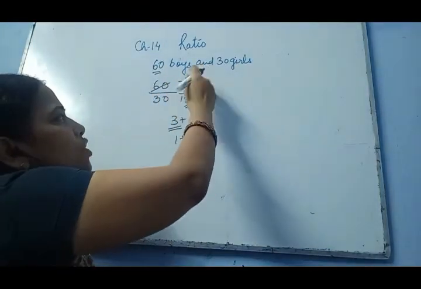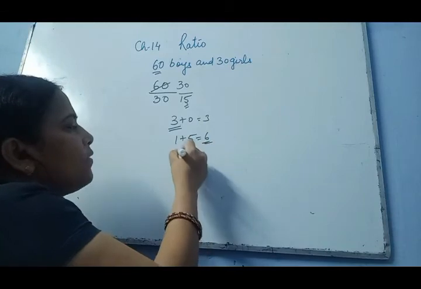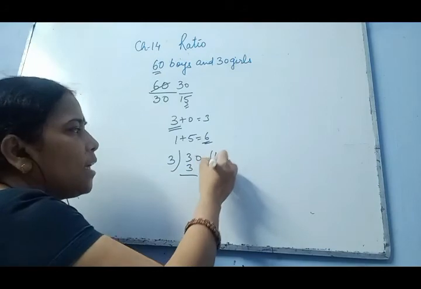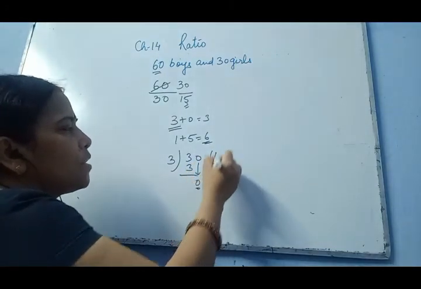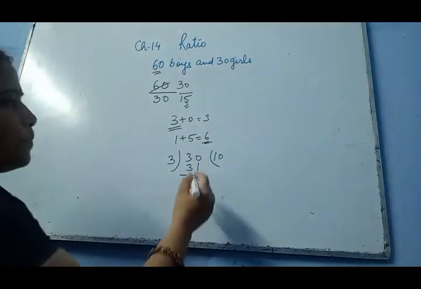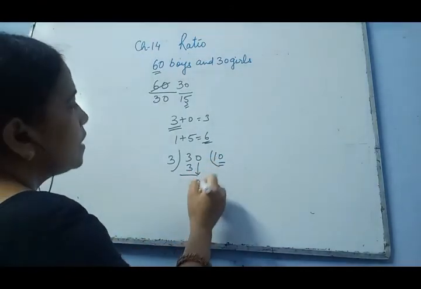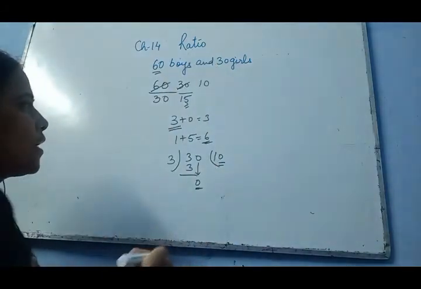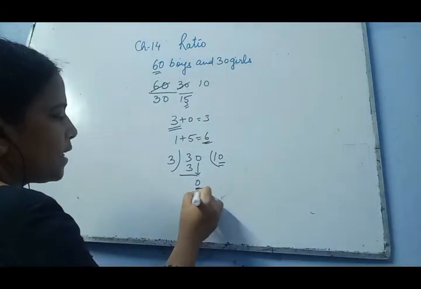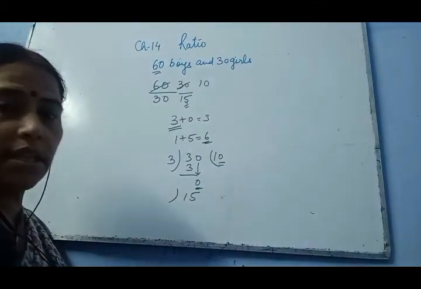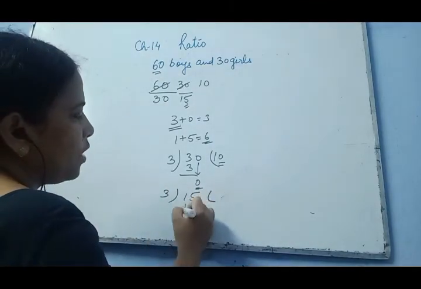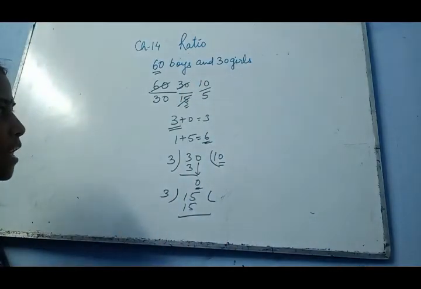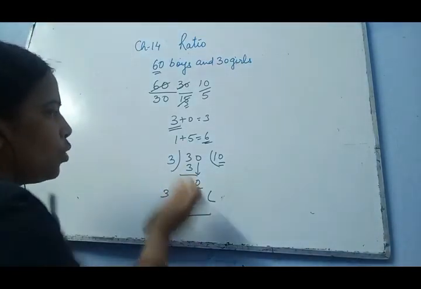So now let us check how many times. 30 divided by 3, what do you get? 3 1s are 3. Bring this 0 here. So this 0 will be taken up. So this is how many times? 10. You know that 3 10s are 30. Now 15. Let us check. 15 is divided by 3 or not? 3 5s are 15. All of you know this. So 3 5s are 15. Now let us check. You have to convert into lowest terms.